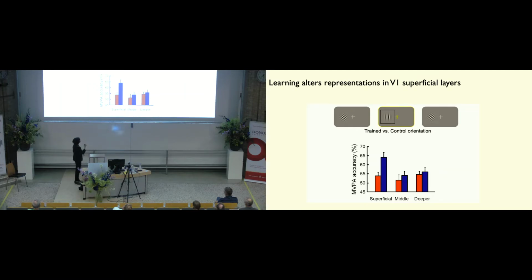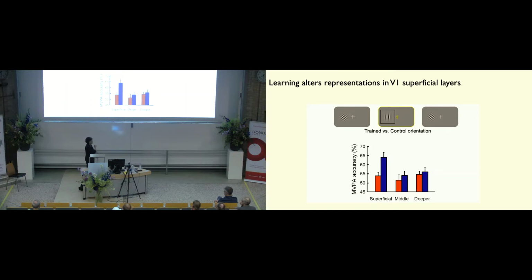And what you see here is that after training, this is the blue bars, after training, we have an increase in information from primary visual cortex only for the trained orientation, and only in the superficial layers, not in the middle or deeper layers. So this suggests to us that actually what learning is changing is not the encoding, the information at the middle layers, is not the long-range feedback that is coming from deeper layers in higher areas, but it's actually some local processing that is going on in a recurrent manner, potentially a local circuit in visual cortex